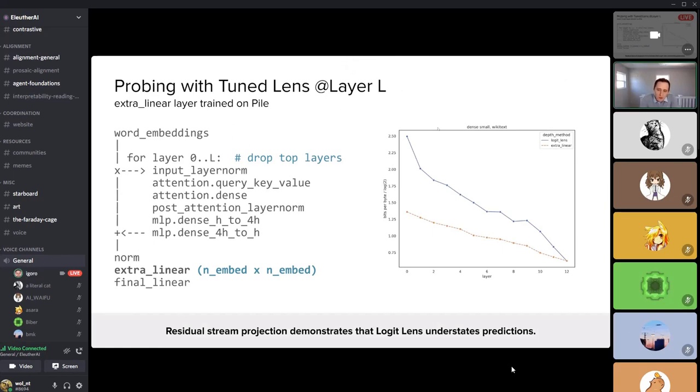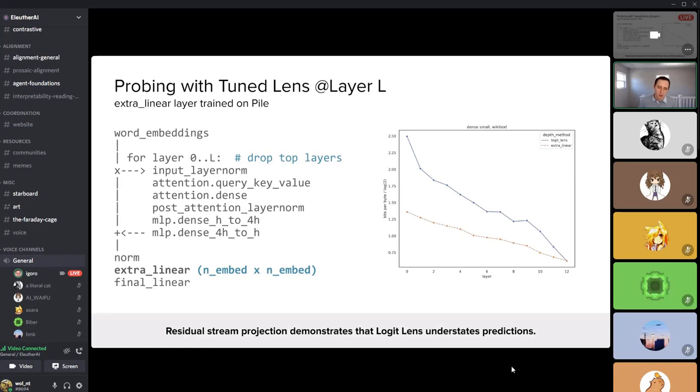But one point that I did want to make is, if you look at the difference between Logit lens and the tuned lens, it is pretty huge. It's something like 8 layers at the most, from layer 0 to layer 8. And so you have to believe that the true knowledge of the model, to the extent that such a thing exists, has to be much closer to the extra linear line compared to the Logit lens, because we've really only added